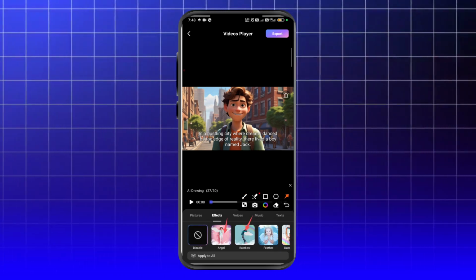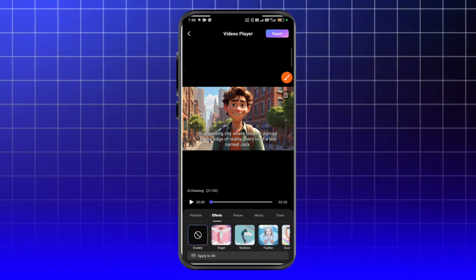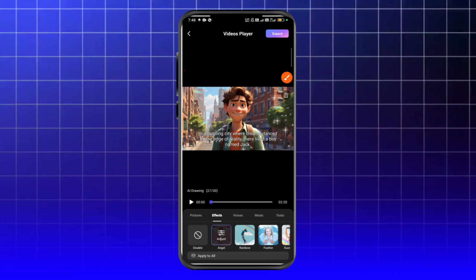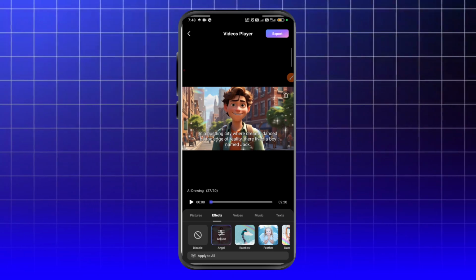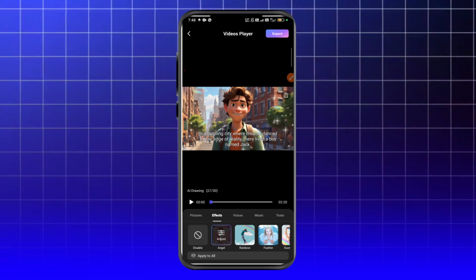If you select the first effect, which is called angel effect, that effect is going to be added to our first image. Now we are going to just go back and play this video so that you can see how this effect